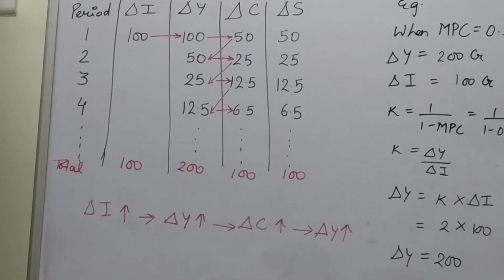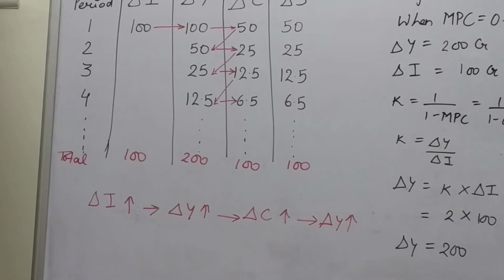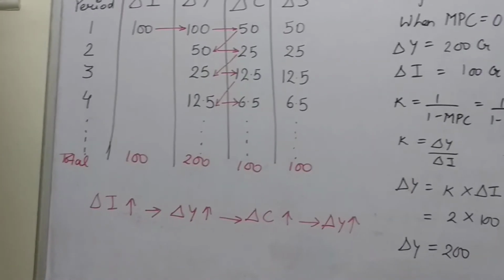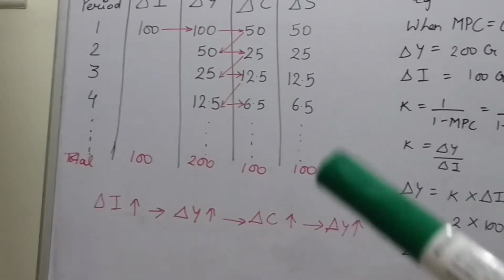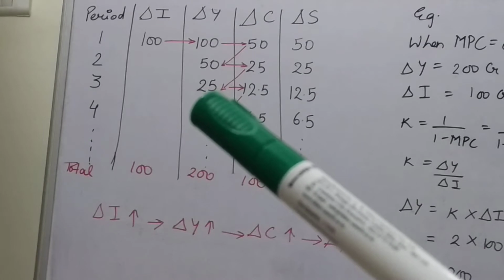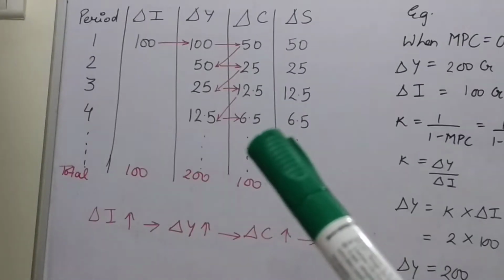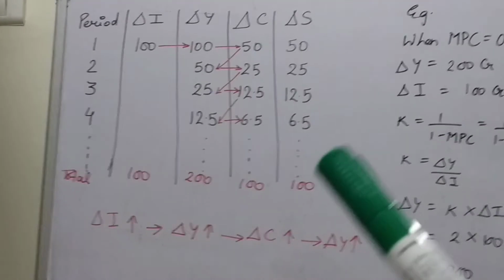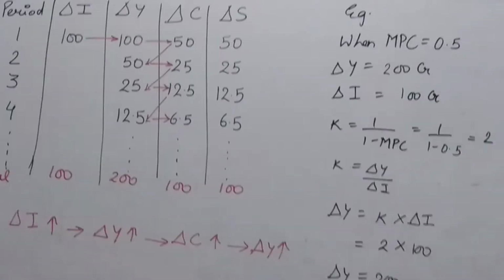So this process of income generation will go on, and the consumption expenditure in every round will be half of the additional income received from the previous round. You can see 100 से 50 हुआ, then 50 से again in the third round 25, then 25 का half 12.5. So whatever half is consumed and half is saved. So now the same thing we can explain, how we derive this table with this example.